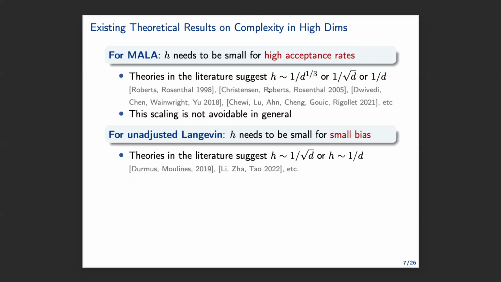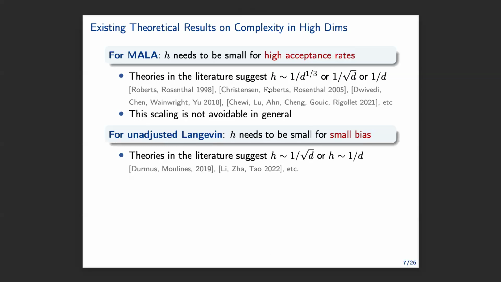This was done more than 20 years ago, I think, using the diffusion limit argument, so it's an asymptotic argument. And recently, there are some results in the TCS community. They give non-asymptotic guarantees, but they get similar rates: 1 over d to the power of 1 over 3, 1 over 2, or 1, depending on the assumptions on the distribution. One thing to note is that this scaling is not avoidable in general, because for